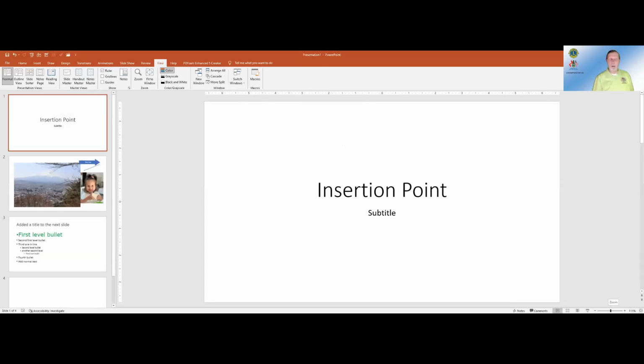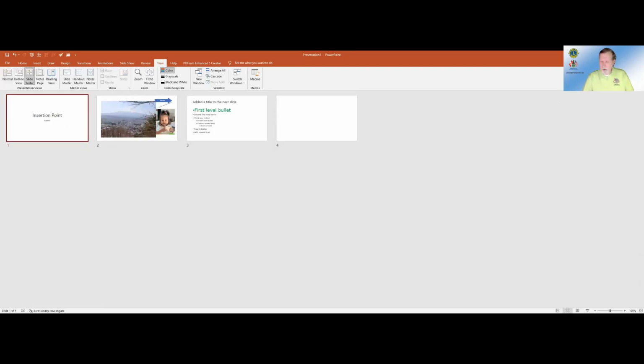Yeah, we've got a bunch of different views. There are actually 5 different views up here. I just like to bring to your attention a couple of views, the slide sorter and the, excuse me, the normal view. I should also point out, this is especially useful in the slide sorter view. I know you're probably going to say, I would never do this, but it may very well happen to you. You've got 60 slides and you can't see them all in the slide sorter view because there's just too many of them. May I suggest utilizing the zoom down here.